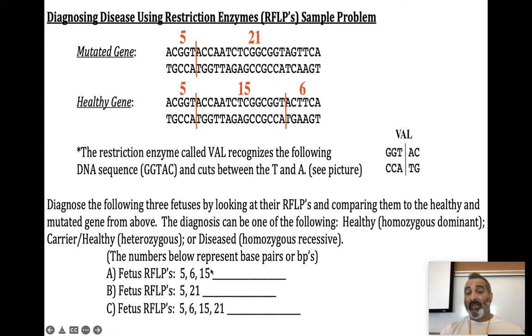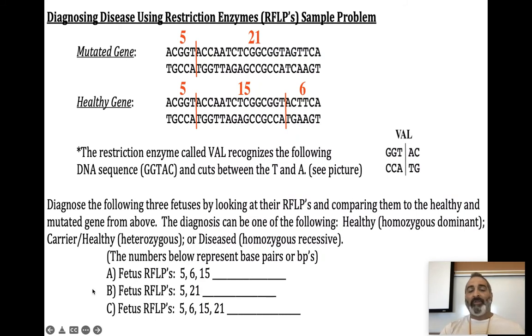So fetus A, healthy. Homozygous dominant, healthy. Okay? Fetus B, this is if we're testing an unborn fetus. We want to see if the baby's going to have the disease. Fetus B has pieces 5 and 21. If you discovered that, you'd be like, wait a minute, this is our mutated gene. This is not good. This is our disease gene. So if a fetus has pieces 5 and 21, you would be telling the parents of that fetus that it will be diseased, because 5 and 21 match perfectly with